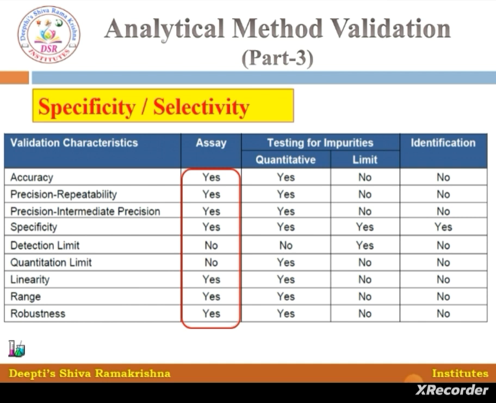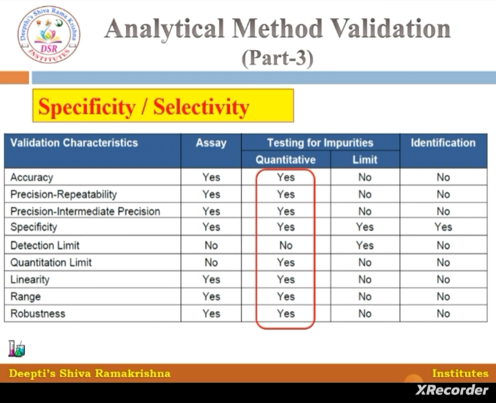So, for the assay test, we have to perform all the parameters except detection limit and quantitation limit. Here, as we discussed in the previous video, if you are given S, it means we need to perform that particular validation parameter. If you are given no, there is no requirement to perform the particular parameter during the analytical method validation. Coming to quantitative test for impurities, only one parameter is not required to perform during the method validation, which is